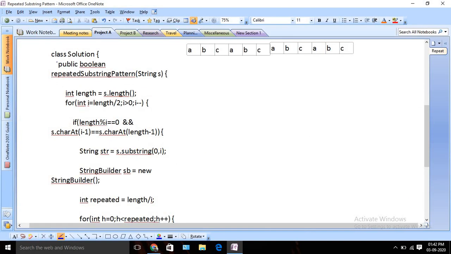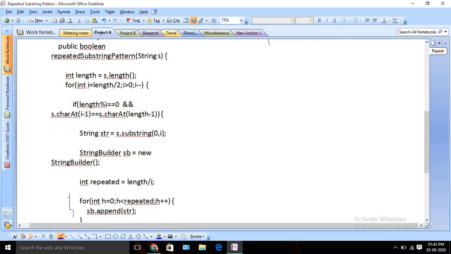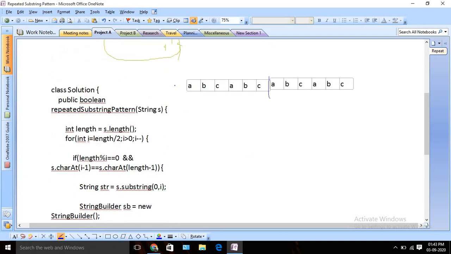Okay, so let's quickly understand the code here. So what are we doing here? We are starting from the middle position, right? Why are we starting from the middle position? That is the first question, because we will check for the largest string first. Suppose in this case the string ABC is repeating twice, so we don't need to execute this second for loop a large number of times. To reduce that possibility, we are starting from the middle position. You can start from 0 also, that's not a problem. It's either or, you can start from the middle or from 0, right?